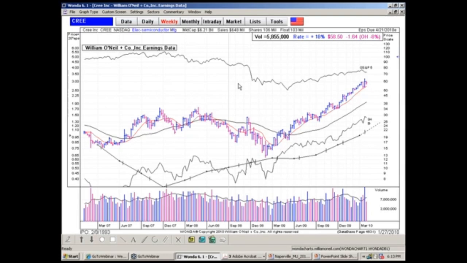I don't use it to say, oh, it's too high or not. I use it to try to project a possibility of where the stock could go. So there are several different ways you could handle that.